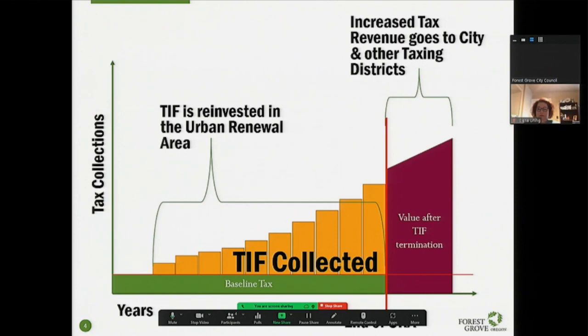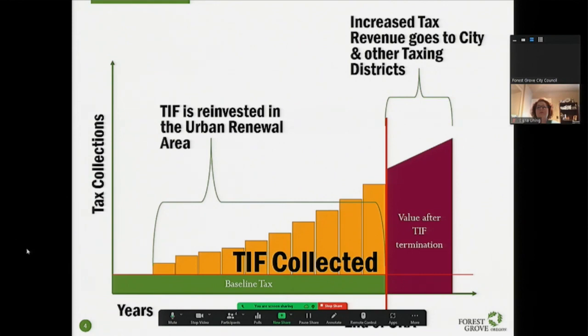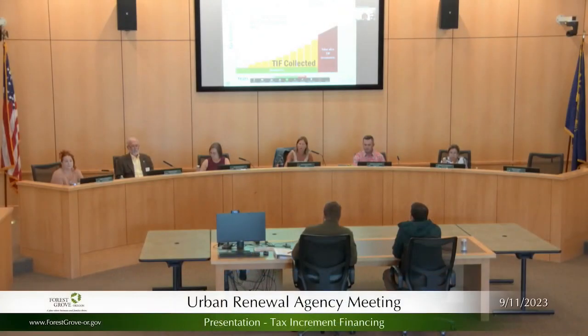and the top line. So the thought being, when you get done with your urban renewal agency and that money reverts back to the general fund, you have more money coming back to the general fund than if you had not made those investments during the time of the urban renewal agency. Does that make sense? Okay. That's a fundamental principle of these urban renewal agencies, is that line is steeper because of reinvestment, and because it's steeper, you're going to collect more money at the end than if you did not make those investments during the time of the urban renewal agency. Thanks, Miles. Thank you. This is Miles again.